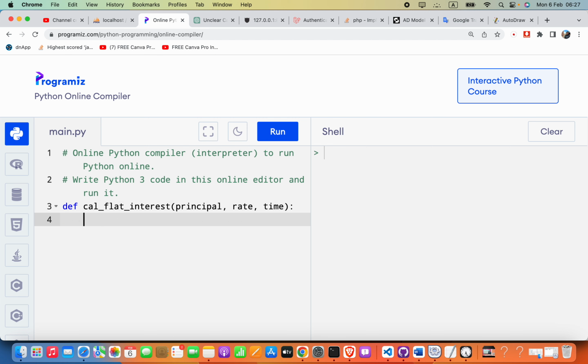Inside this I'm going to define interest equals to, now I will say this principal multiply by rate and multiply that by time, this one. Finally we can divide this by 100. So here we are returning interest,